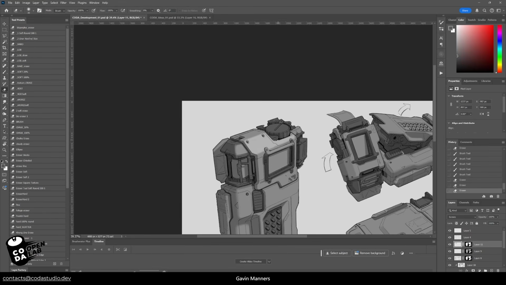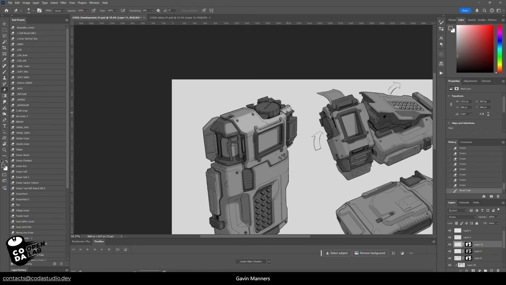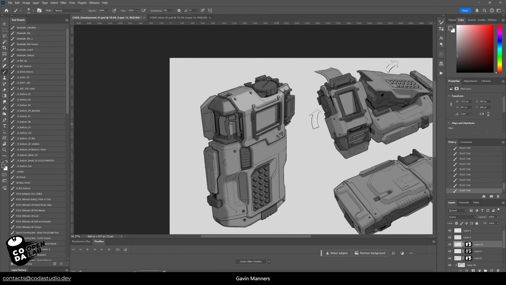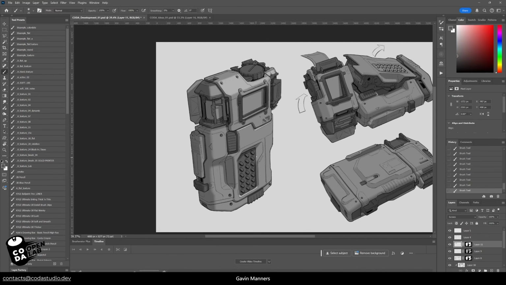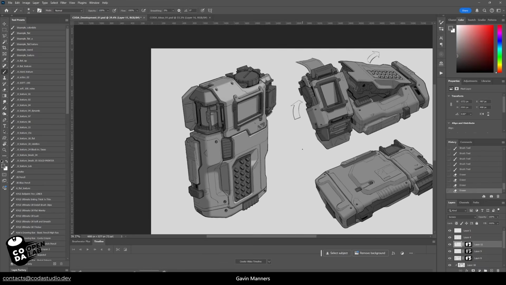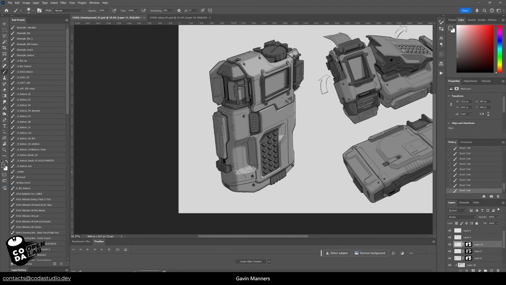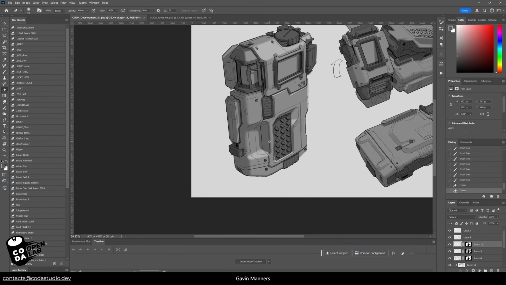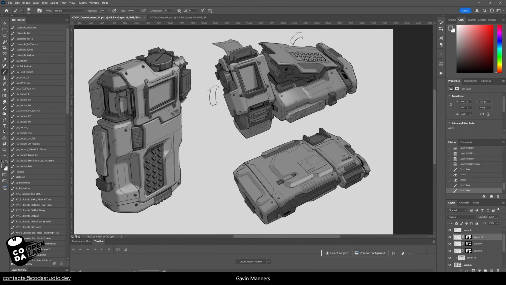So the next thing I want to do is just imply a bit of materiality to the design. So I just want to show that there's some reflectivity and just give an indication of the kind of material that this thing's made out of. So the way I've done that is, and again, this is all grayscale. I'm going to add color later, but I like to get all the lighting and values done before I start adding color. I've just added a screen layer, and I'm brightening up the surfaces that would be reflecting the light